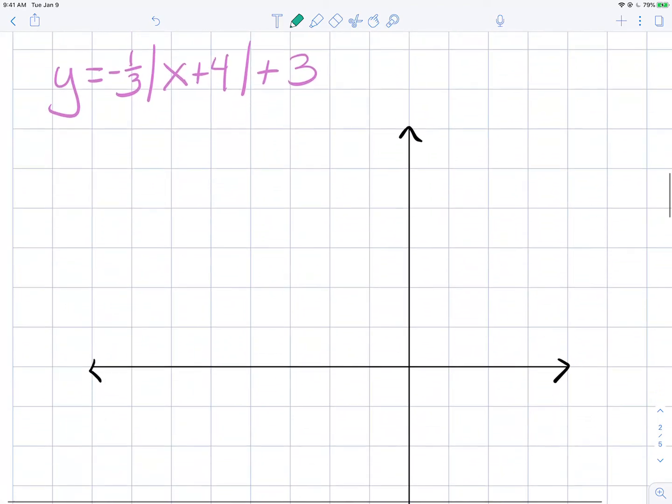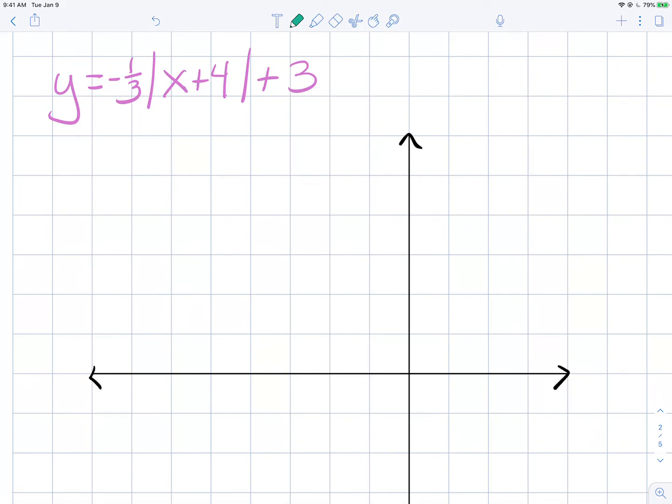Let's try another one. Y equals negative 1/3 absolute value of x plus 4 plus 3. So my vertex is going to be negative 4 comma 3, opposite, comma, what's being added or subtracted. And my slope is going to be a positive and negative 1/3, but I'm going to be opening down because it has that negative there. So the first thing I'm going to do, find my vertex. So I'm going to go left 4, 1, 2, 3, 4, and up 3, 1, 2, 3,